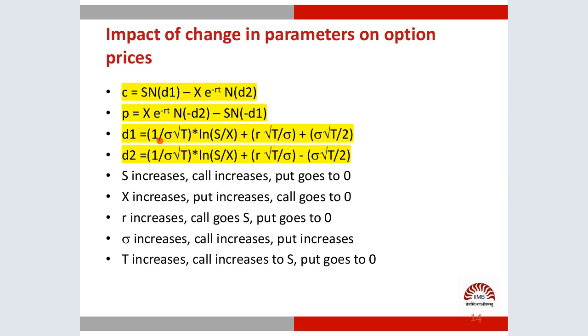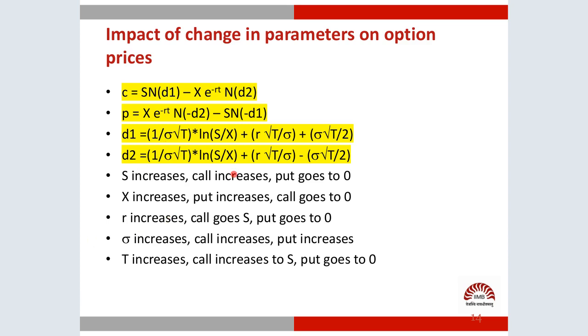Okay, if d1 goes to infinity, therefore we know N(d1) will go to 1, so that is easy. Now d2 is not that straightforward because d2 can be plus infinity or minus infinity. Why? The problem in d2 is, you see this value, the first term, there is a square root of t in the denominator. Therefore,